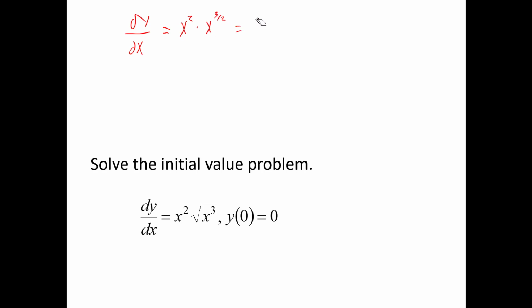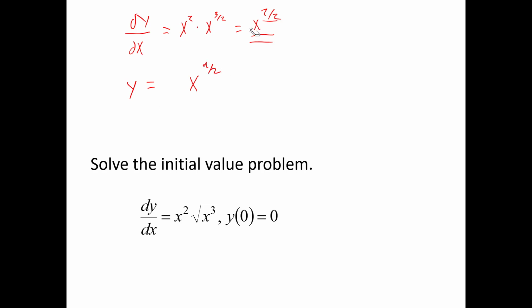4 halves and 3 halves is 7 halves. So that's x to the 7 halves. So I took the derivative and got x to the 7 halves. That's what that says. What did I start with? Well, I had a power function. I took one away and ended up with 7 halves, so I must have started with a power of 9